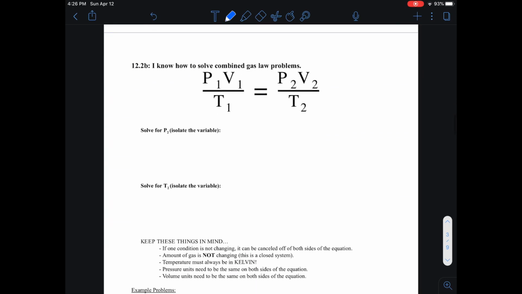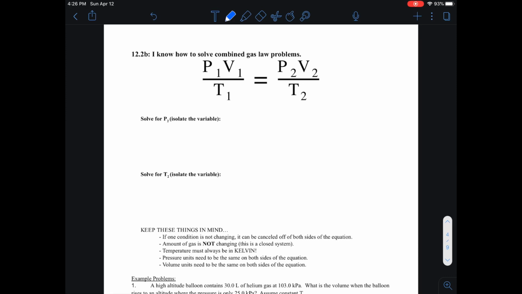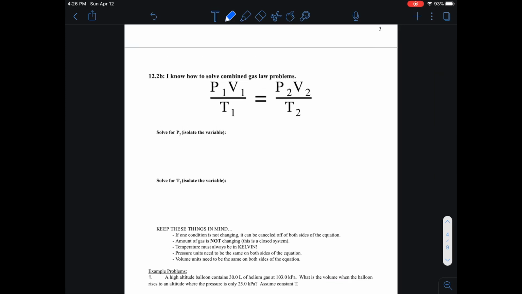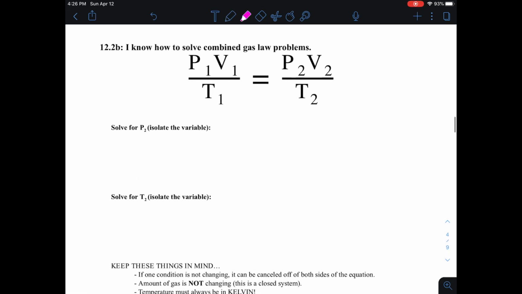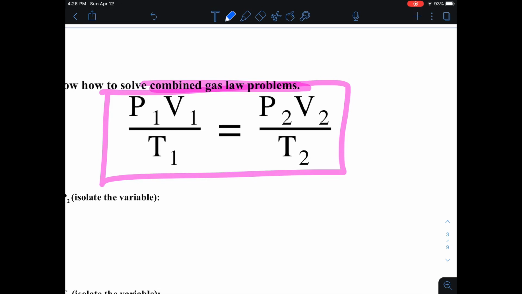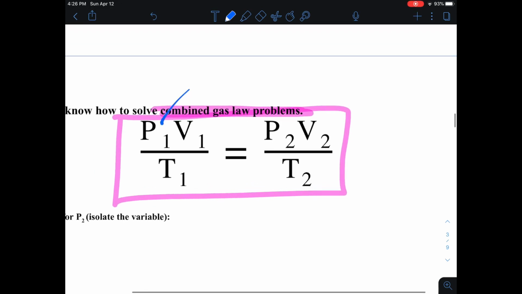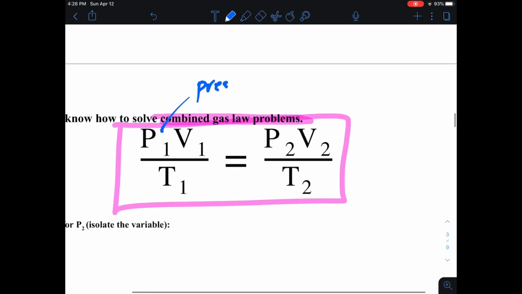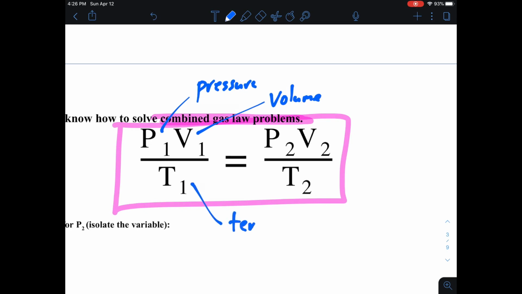Now let's jump to our last topic of the day, and that is combined gas law on the top of page 4. Combined gas law. This is the combined gas law equation. It says that P1, which as you might have guessed is a pressure, times V1, which is a volume, divided by T1, which is a temperature,